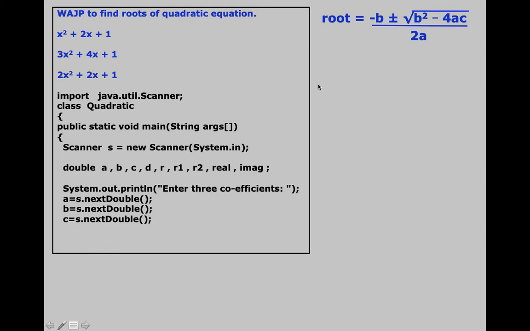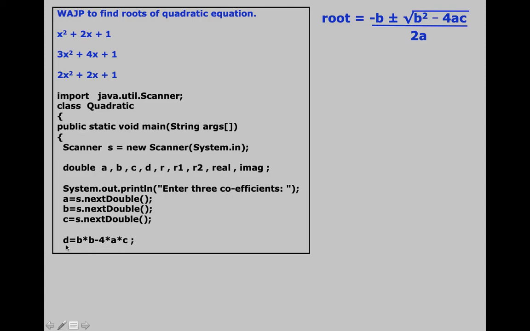Now we will find the value of the most important thing over here, and that is this b square minus 4ac. Whatever work will be done in our program, it will depend on this b square minus 4ac. So I calculate b square minus 4ac and I assign it to variable d. I'm not sure about this, but I think b square minus 4ac is called delta. Am I right? So if it is called delta, I have used a variable d over here which stands for delta.